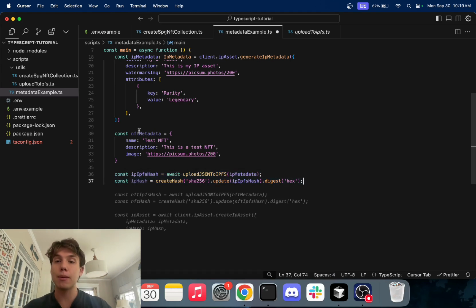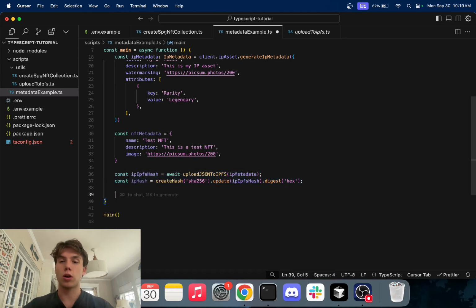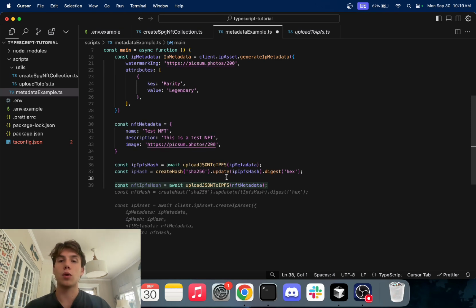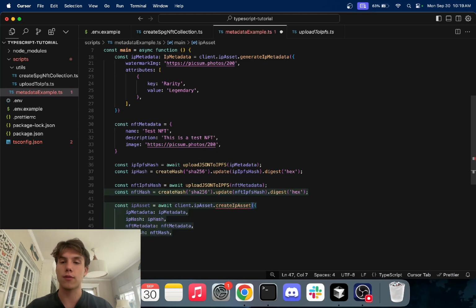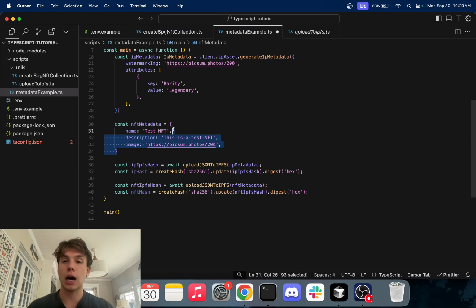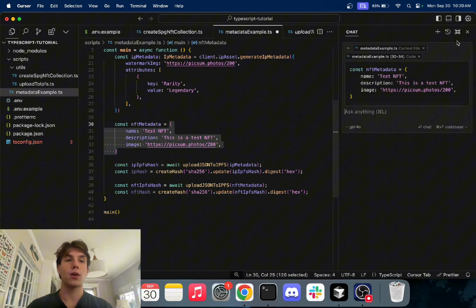We're going to do the same for our NFT metadata. So we're going to just say const nftIpfsHash. And I love the cursor automatically does this for you. You should definitely use cursor if you're not already. We're going to upload our NFT metadata to IPFS. And then we're also going to, and I'm going to delete this because we're not ready for this part yet, but then we're also going to convert the NFT object to a hash as well. Okay,